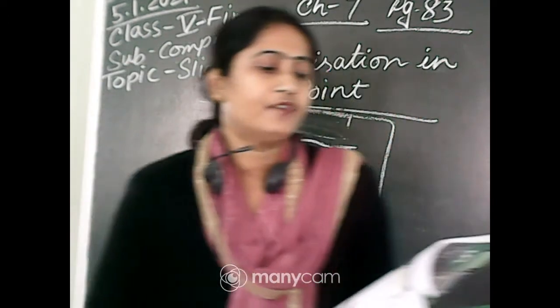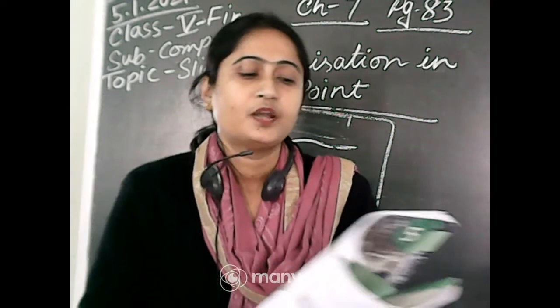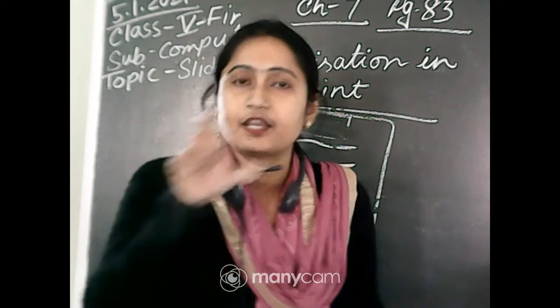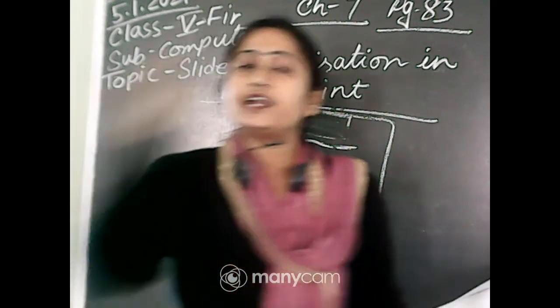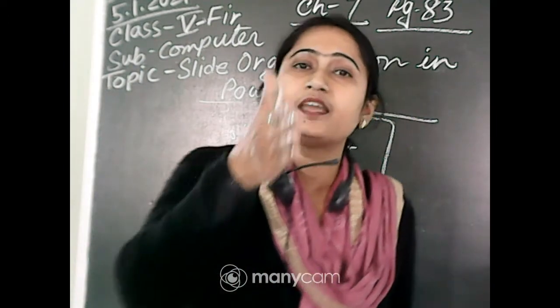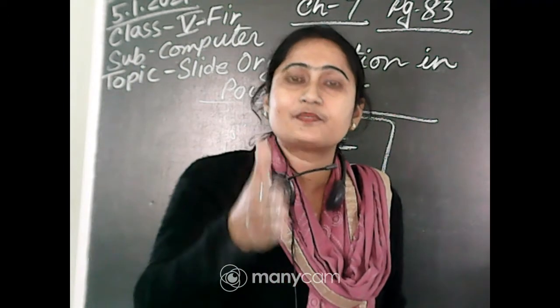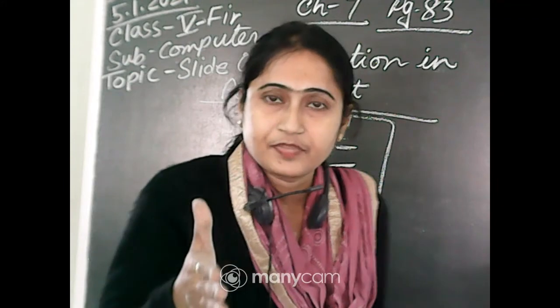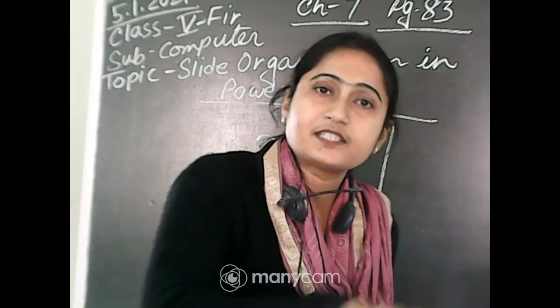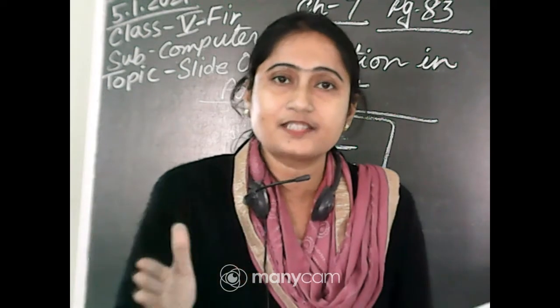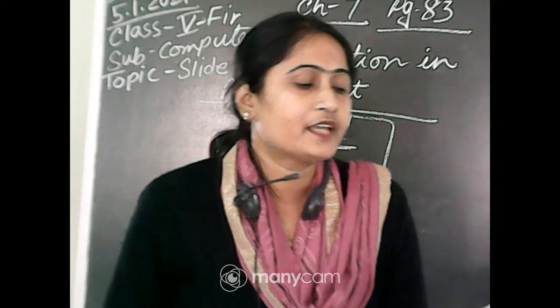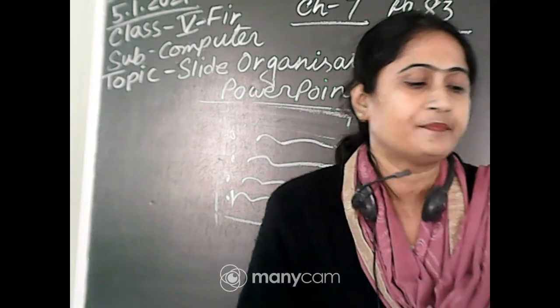Okay, and you will get a rectangular box with the cursor inside it. When you apply the text box, you can see the dotted line over there, and inside it the cursor is blinking. That means the cursor is waiting for your text. If you type, you can see the text will be typed in the text box where the cursor is blinking.